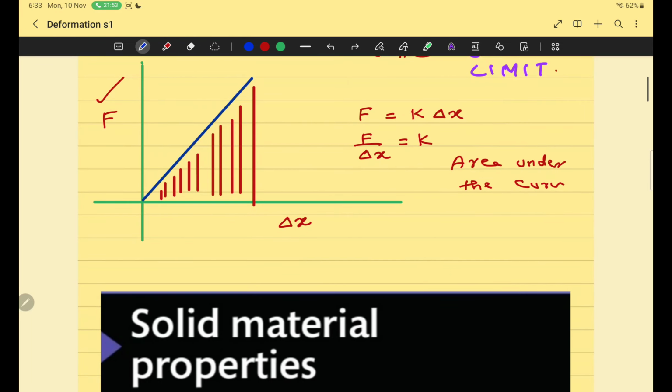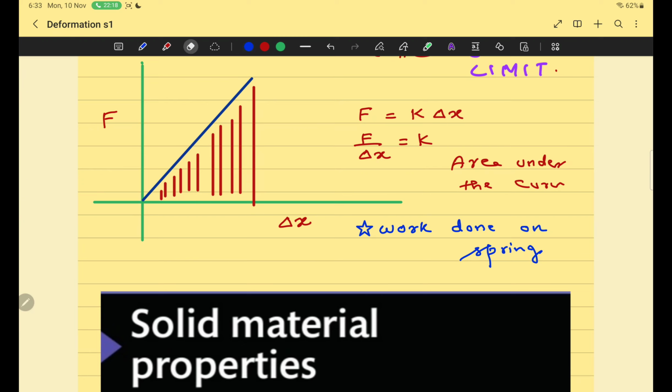So when you are stretching a spring, it means you are doing work done on a spring. So area under the curve is work done on a spring. When you are stretching a spring, it means you are doing work on a